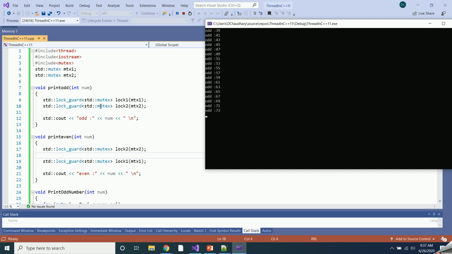And next, this print odd thread will try to acquire this mutex 2, which is already locked by this print even thread. So this leads to a deadlock situation.